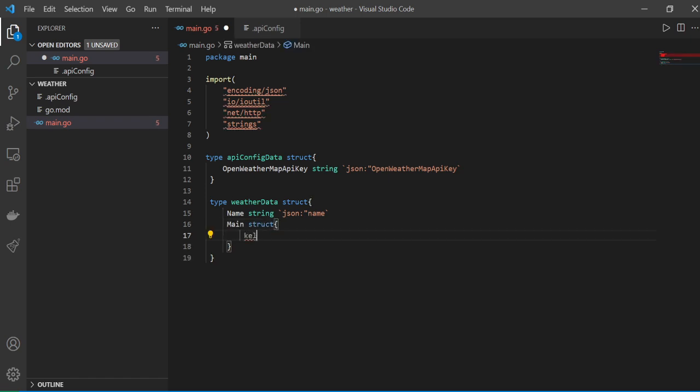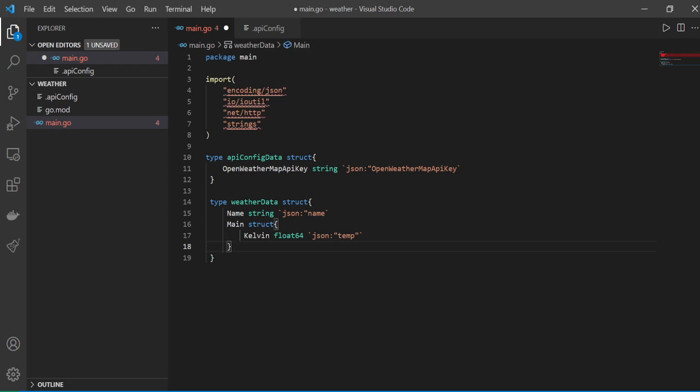So the temperature that we'll show would be in Kelvin. It won't be Fahrenheit or Celsius. So here we'll say JSON temperature, and outside here we'll say JSON,